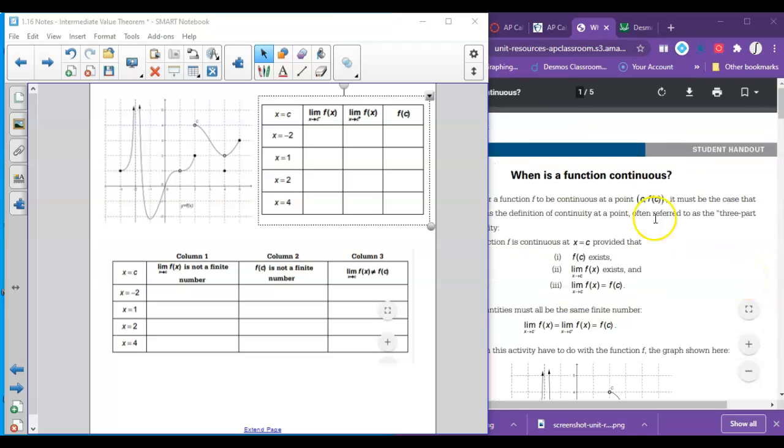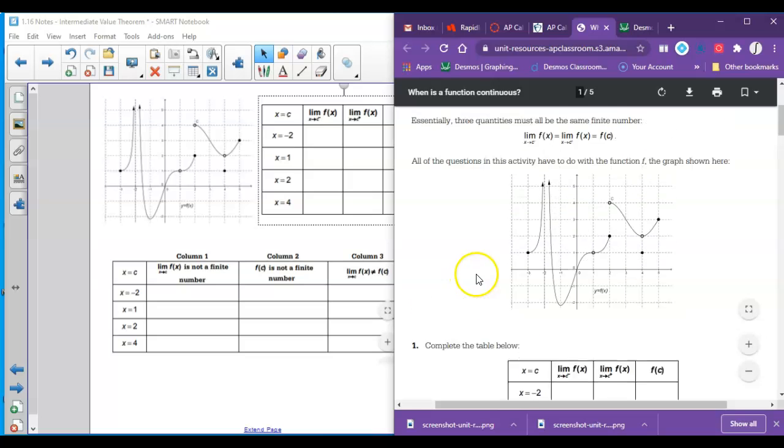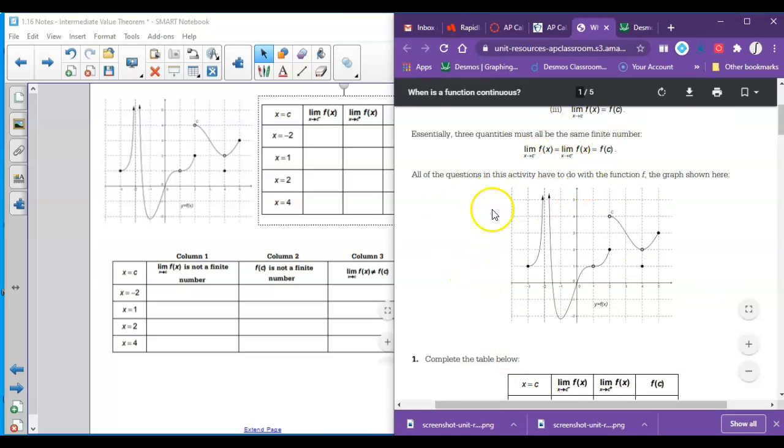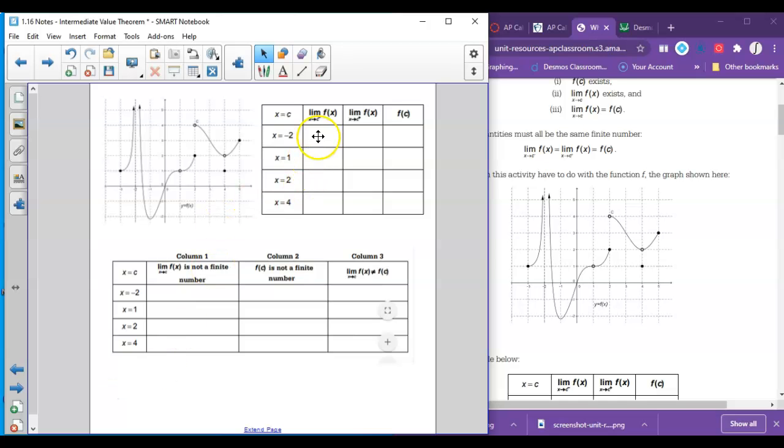I just want to do a short video to go over how to do this when it is a function continuous worksheet that you're going to have for homework. So it starts off asking about this graph, and it asks you to complete the table below. So let's just look at the table here, and we're just going to fill this in really